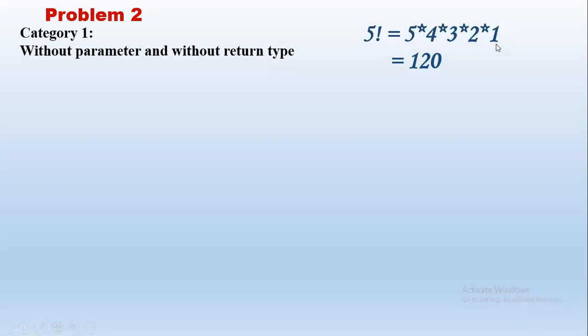So here we may start with 5 into 4, then answer into 3, then into 2 and into 1. We may start from the larger value or we may start from the smaller value, right? 1 into 2. Then whatever answer we get, 2, we multiply into 3, the answer multiplied into 4, the answer multiplied into 5. So this is the logic we are following here. Anyway it can be multiplied because the final answer will be 120 only. So we can start from 5 or we can start from 1. So here we are starting from 1, initializing the variable resultant to 1.